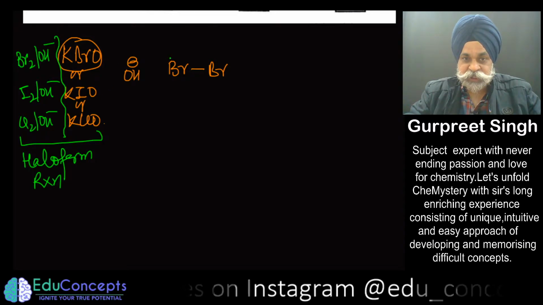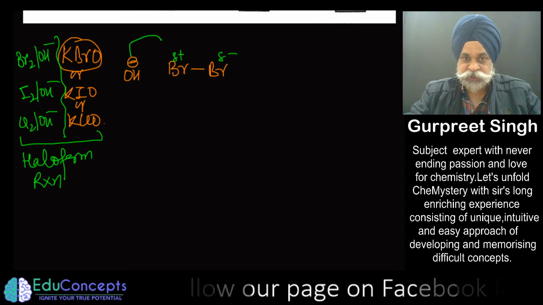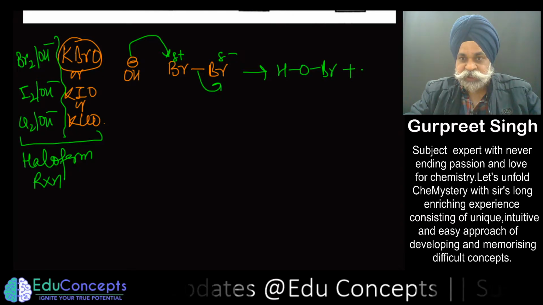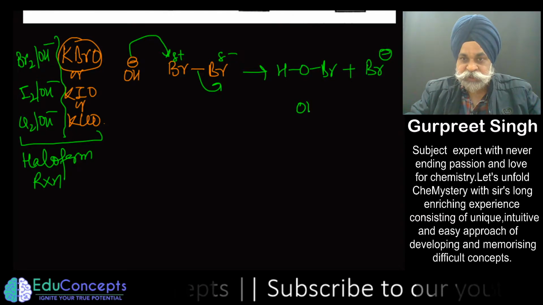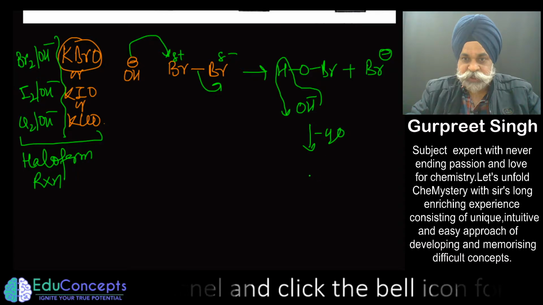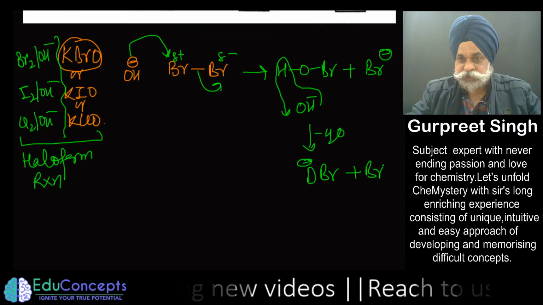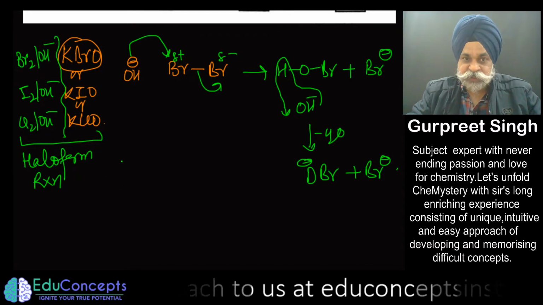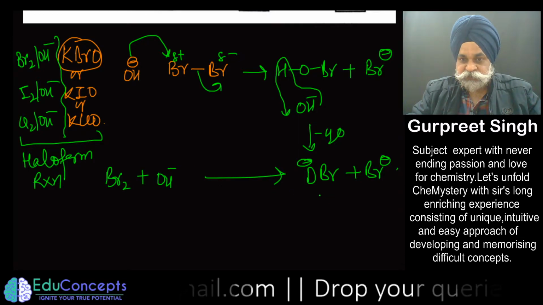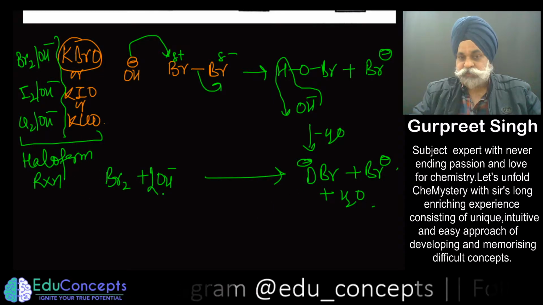So this OH negative would polarize this non-polar molecule like this. This OH negative attacks it and this goes out. So you end up getting this HOBr in presence of Br negative. Since the system is basic, this will snatch out this H positive also, and here goes the water and you end up getting OBr negative. So these are the two things which you get during the process. As and when you are being given bromine in presence of OH negative, these are the reagents which you get along with the water. Got it? So you can take two OH negative.